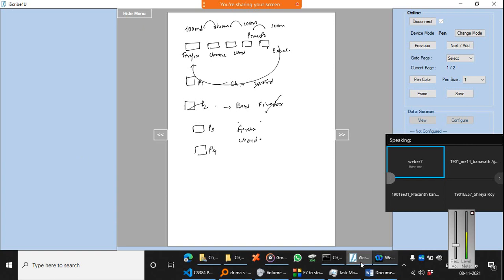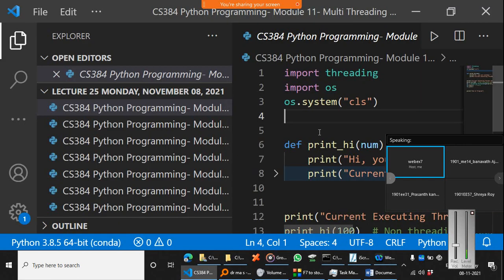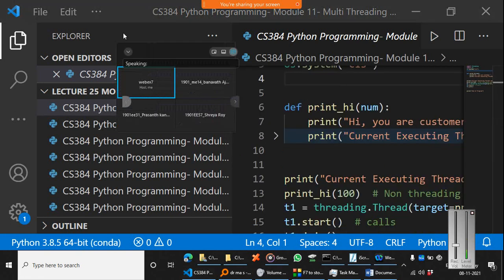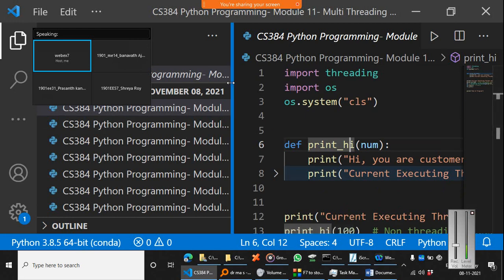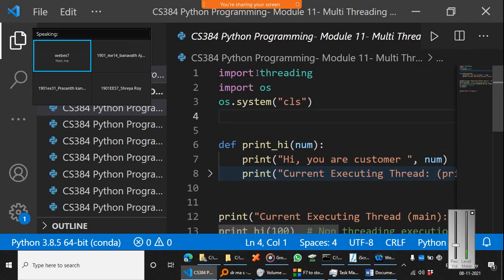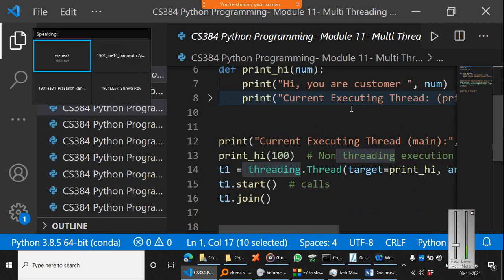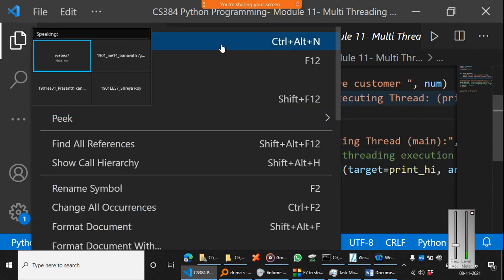Now what happens when you write threading programs? Let us start from the start again. A thread is nothing but a function, just a special call basically. So I'm importing threading, which is a library, and let me just execute this code. This we had actually seen already.